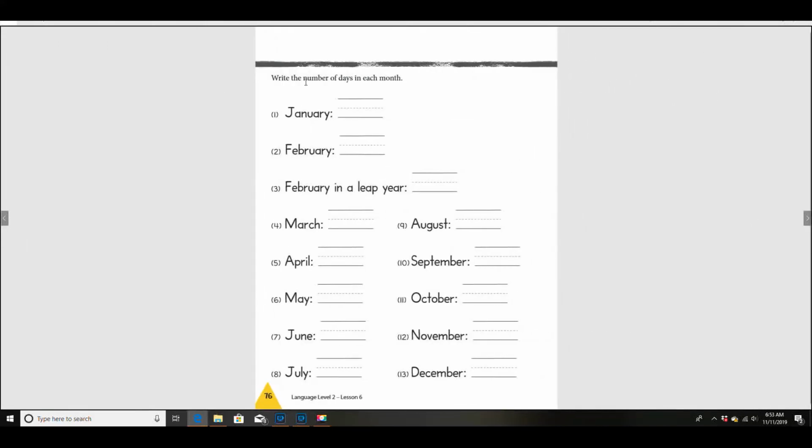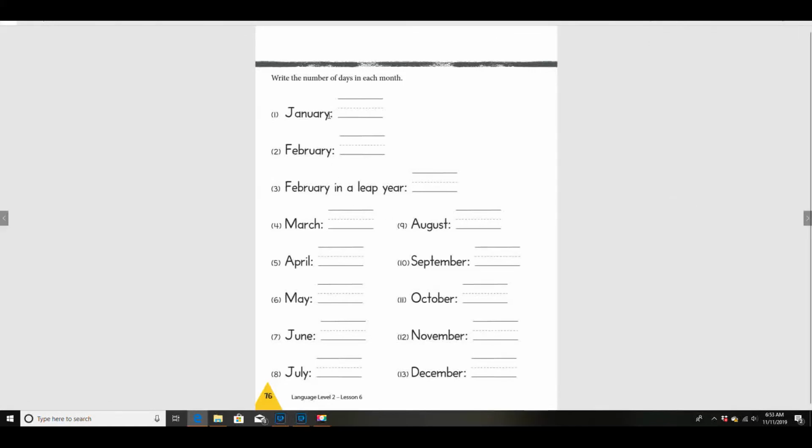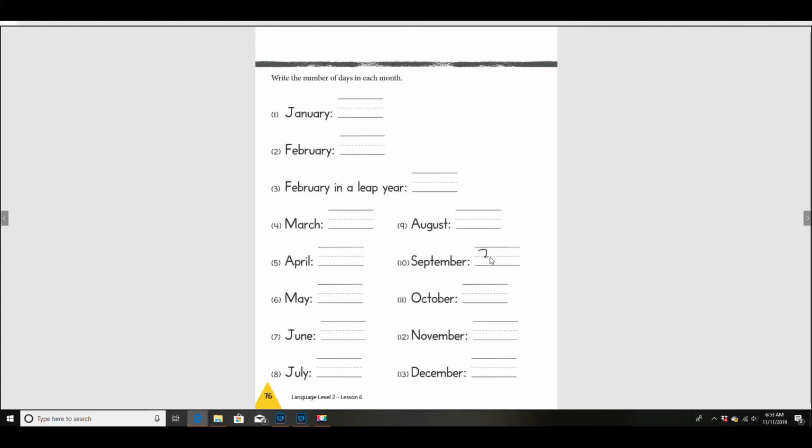Now, we're going to have to write the number of days in each month. But remember, we have a little poem to help us remember. So we're going to have to write, some of them have 30, some have 31. One has 28 or 29. Now, here we go. 30 days hath September. Let's find September. 30 days hath September. Let's write 30 because our poem says 30 days hath September, April,